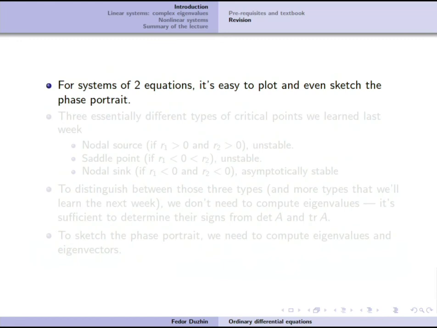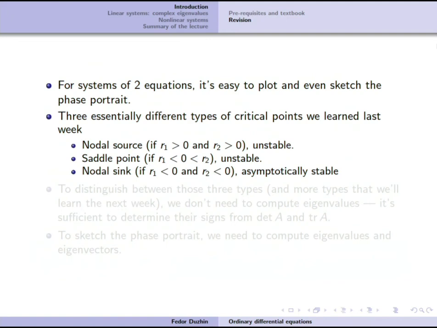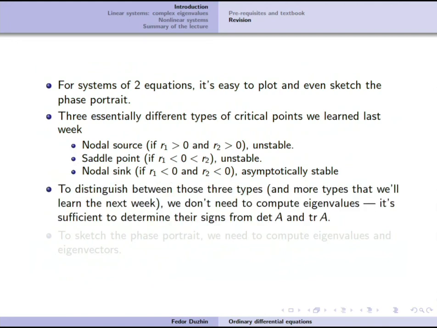So for systems of two equations, it's easy to sketch phase portraits. Basically, there are 3 different types. And if you don't need to sketch or plot, if you just want to distinguish between these 3 types, then you don't even have to calculate the eigenvalues. You can extract this information from just them being positive or negative. All right, so that's all we